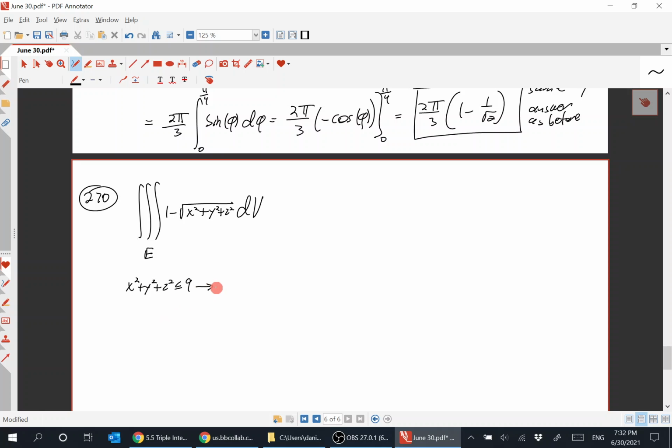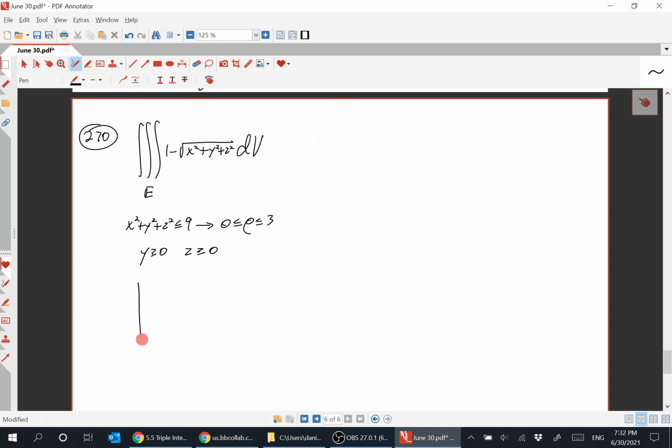So that just translates to 0 less than or equal to rho less than or equal to 3, because rho squared is x squared plus y squared plus z squared. And then y is bigger than or equal to 0, and z is bigger than or equal to 0. So inside the sphere of radius 3,